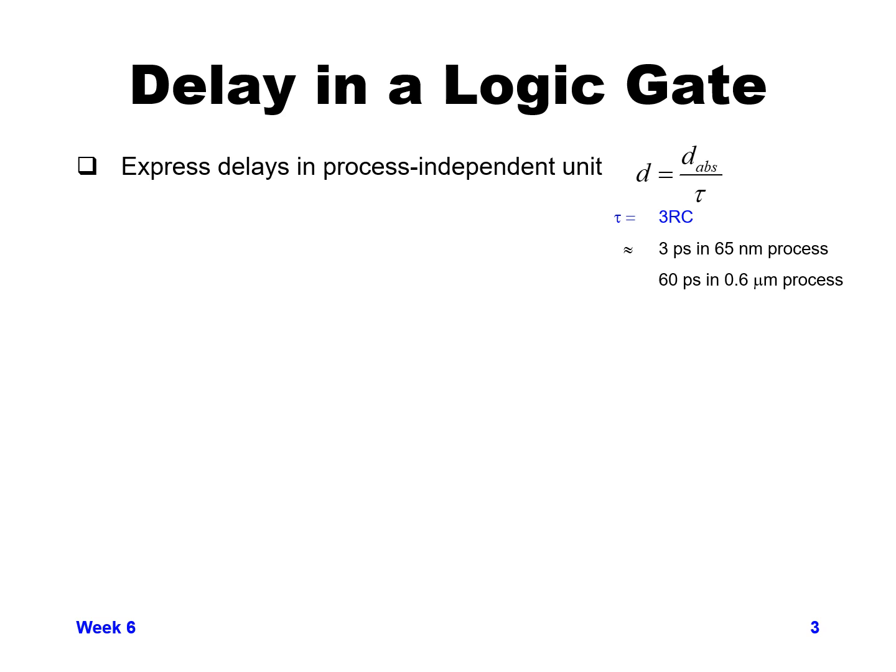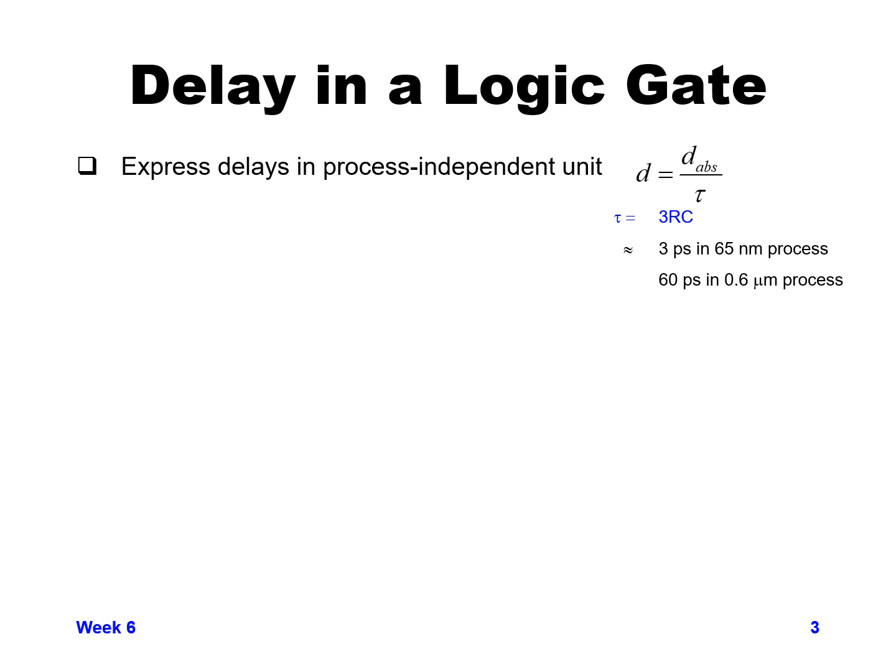And if we use that as our tau value, we can normalize our delay, and no matter what process technology you're on, you can say a D of 1 is one normalized unit, which is a delay for that process technology of 3 RC, which is whatever the delay is through a minimum sized inverter with no